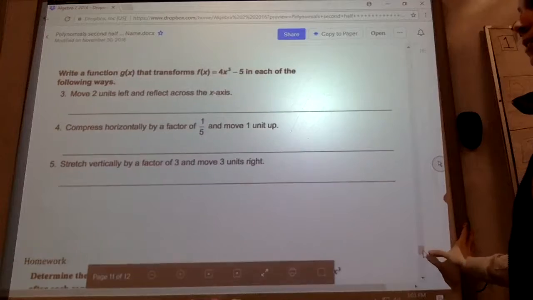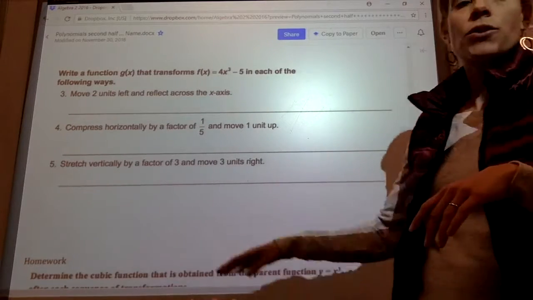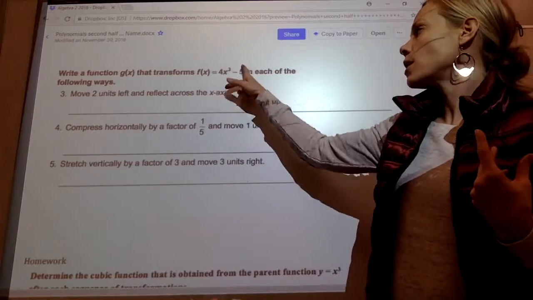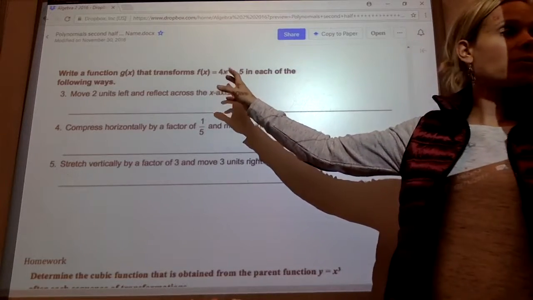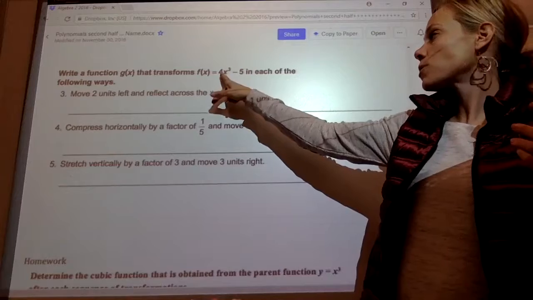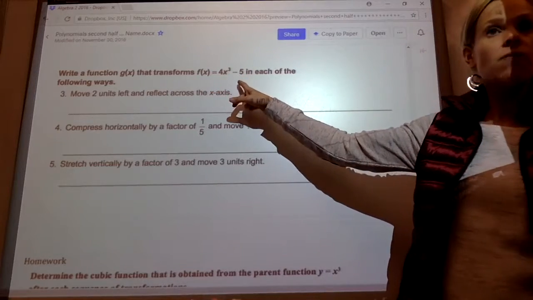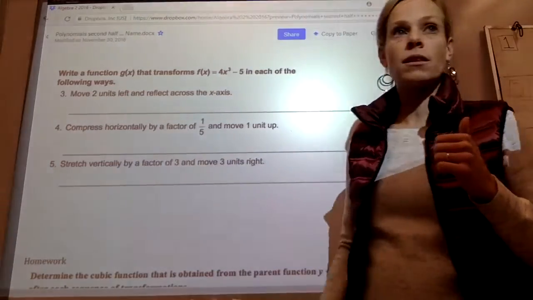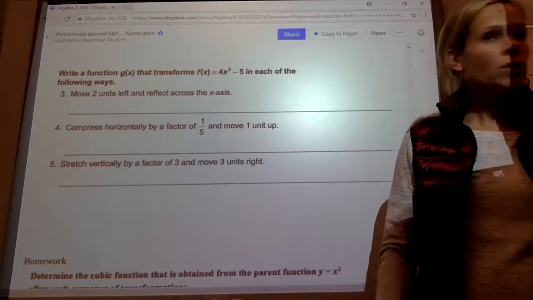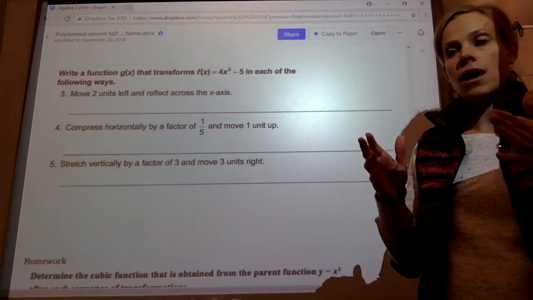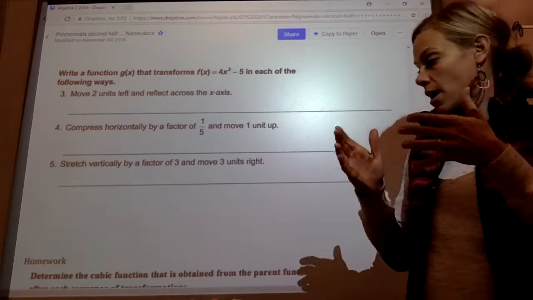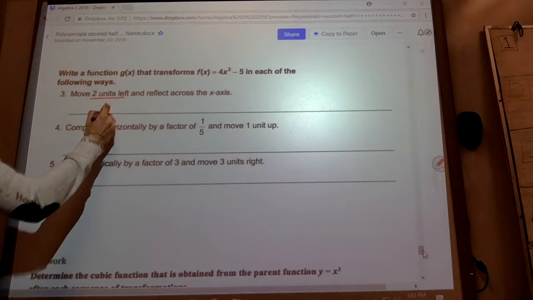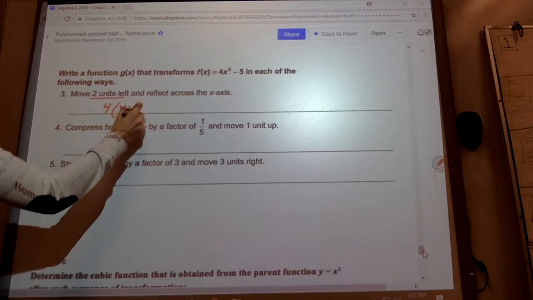Okay, so this is where it gets a little bit trickier because you're going to do the transformations, but instead of just x cubed, we're going to do it to an x cubed that already got some transformations. This x cubed was already stretched by 4 and went down 5. Now take this and move 2 units to the left. So we should remember, if I'm going 2 units to the left, just the x is going to get parentheses. So go 2 units to left, this would become x plus 2,